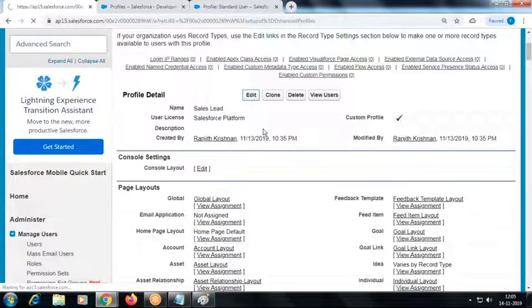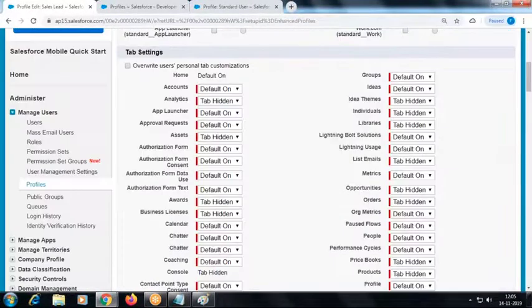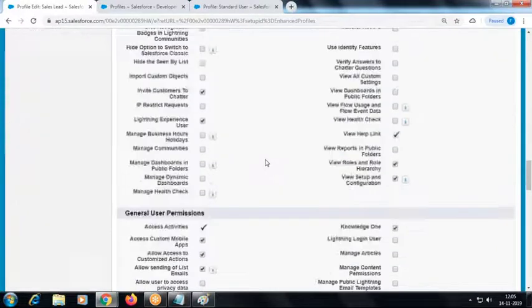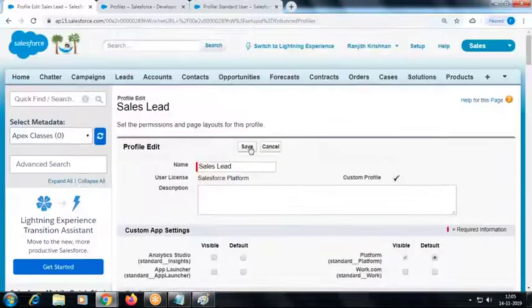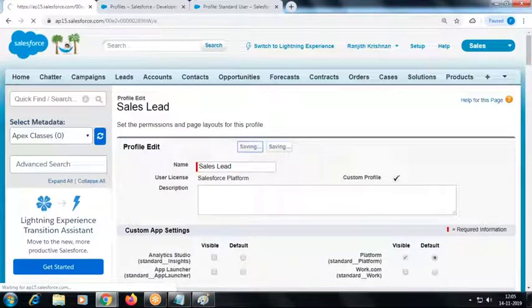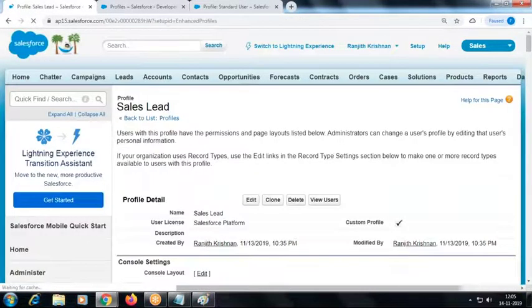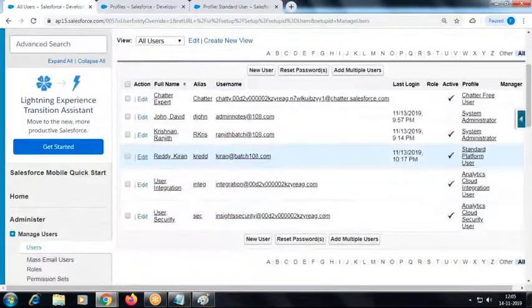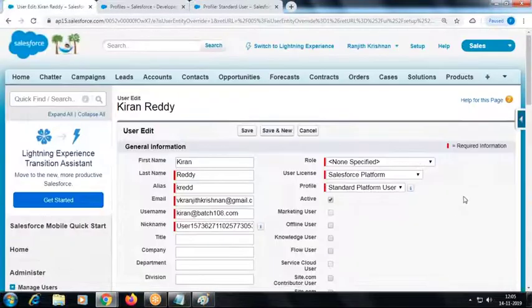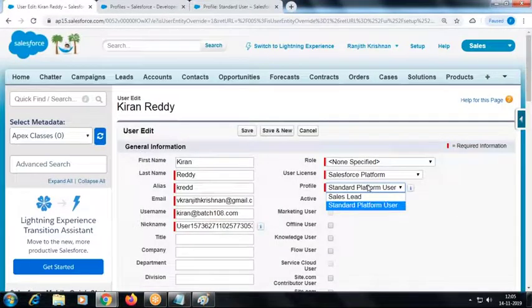Okay. So I go as an admin, go to the sales lead profile, edit. So what permission am I going to edit? Standard object permission. Disable edit, save. So what next do I have to do? I have to assign that profile to Kiran, right? Edit, instead of standard platform, sales lead. Save this,